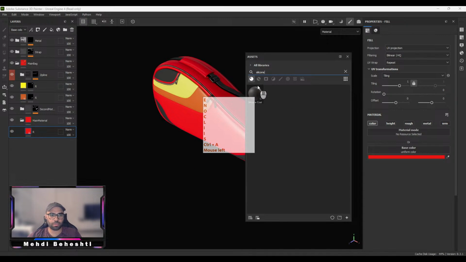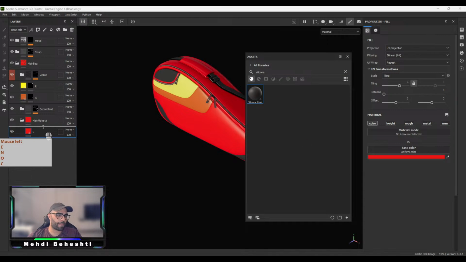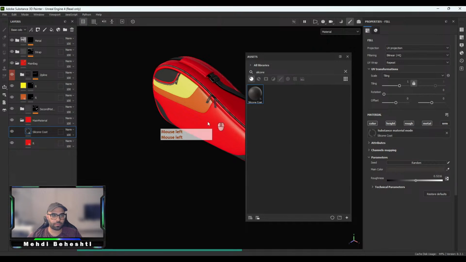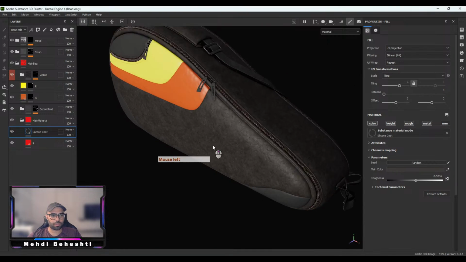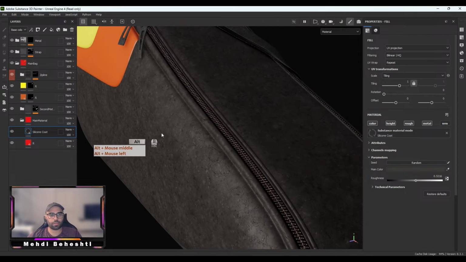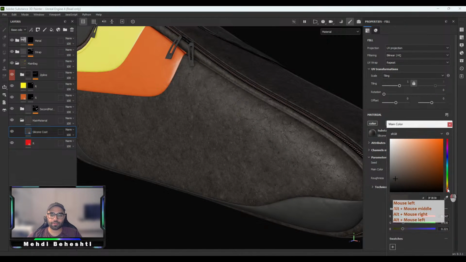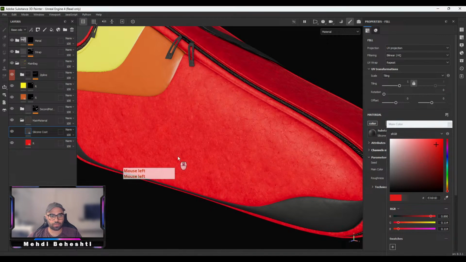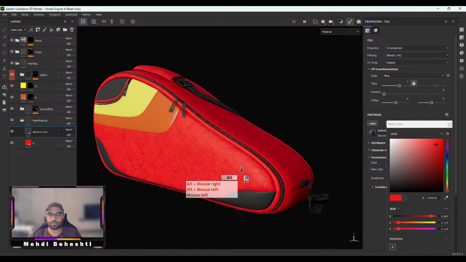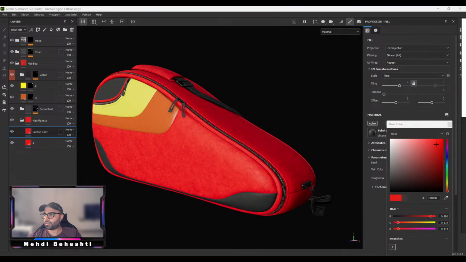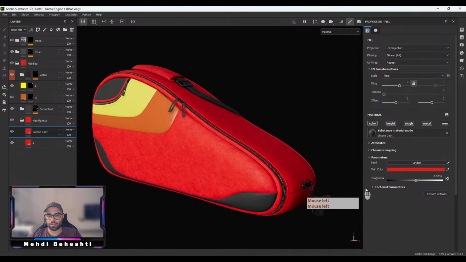Silicone coat. Yeah, bring it here. Yeah, it's good, but we need the red. So this is the red that we need, right? Okay,